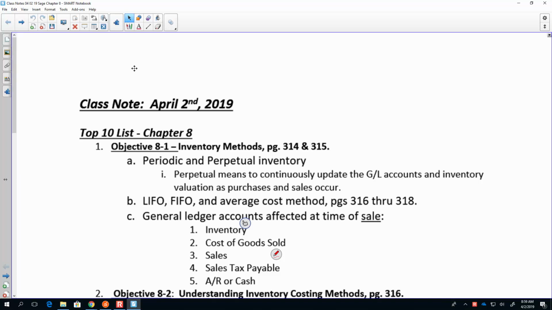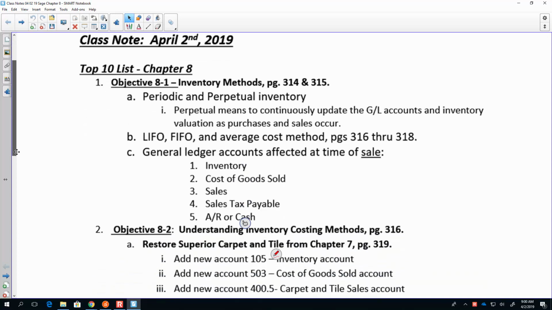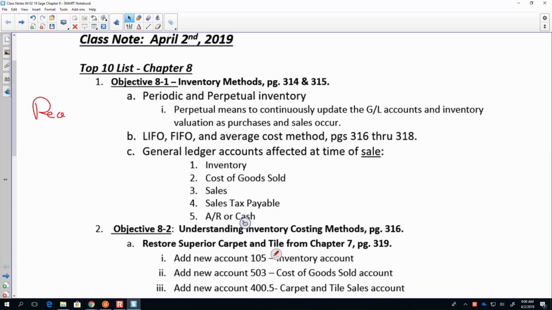It begins on page 313, and it revolves around inventory, recording of inventory. The book, again, if there's some pages I'd like you to read, it's these first couple. There is a very good discussion on the accounting methods, inventory methods, LIFO, FIFO, average, and they do some nice examples